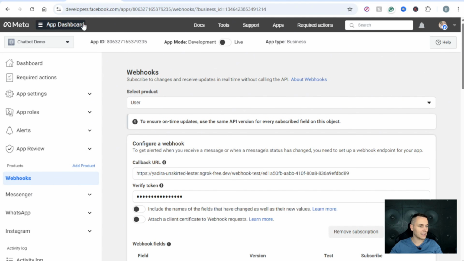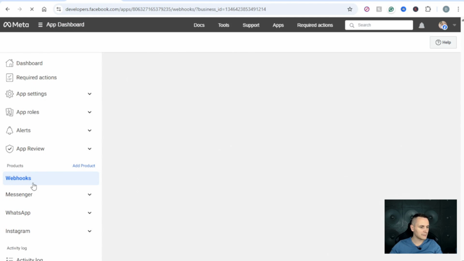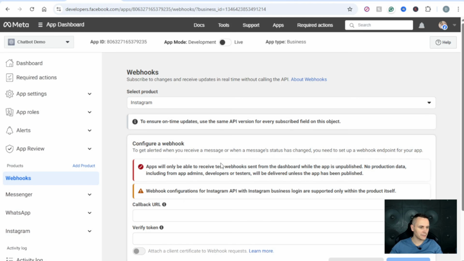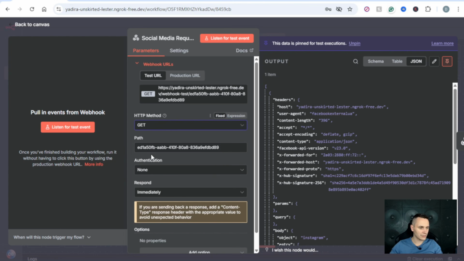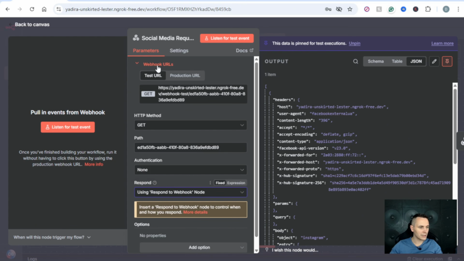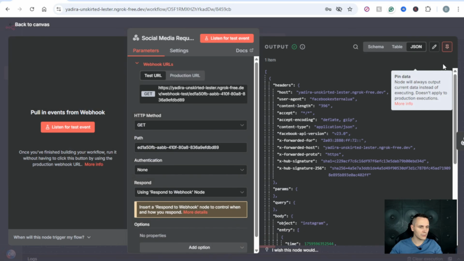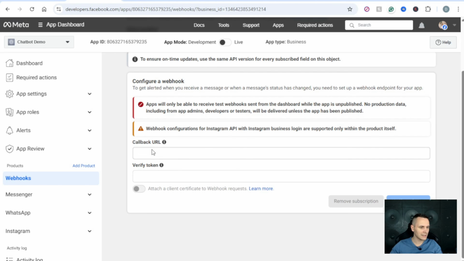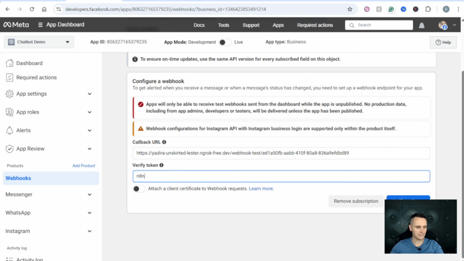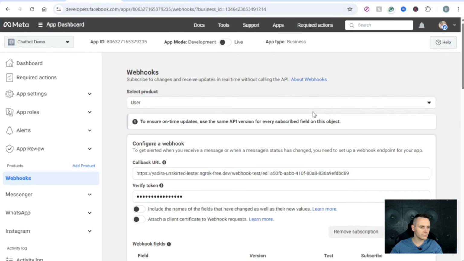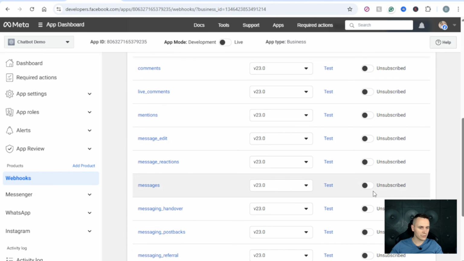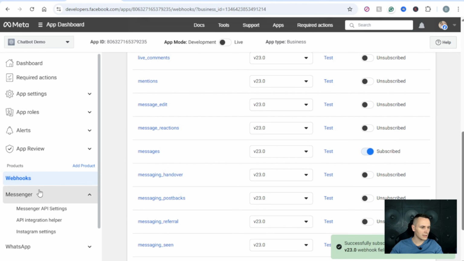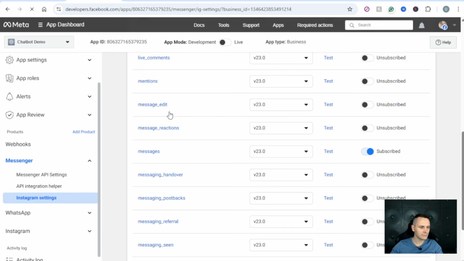So inside our Meta app dashboard, go to the webhooks, select Instagram, inside N8N. I'm going to disconnect this node again, change to get, respond with webhook, copy the URL, unpin this, listen for test event, paste here, and we are connected. Just gonna subscribe to the messages, go to the Messenger, Instagram settings,